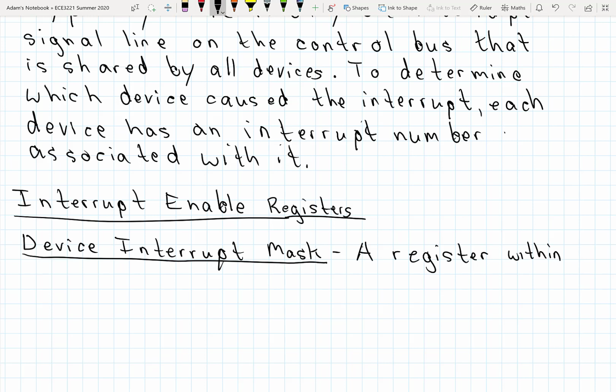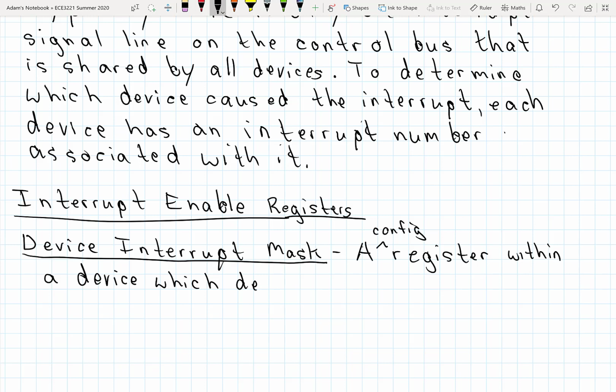Okay, so this is a register within a device. This would be an example of a configuration register, maybe say a config register. The register may in fact be a combination of a config and a status register, but for our purposes we're talking about configuring it to enable interrupts from a device. So the particular bits we are talking about would be associated with configuring it. So, a config register within the device,